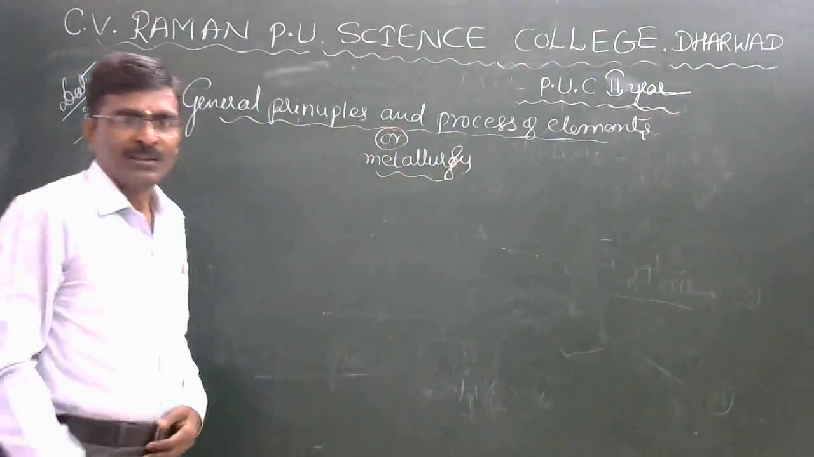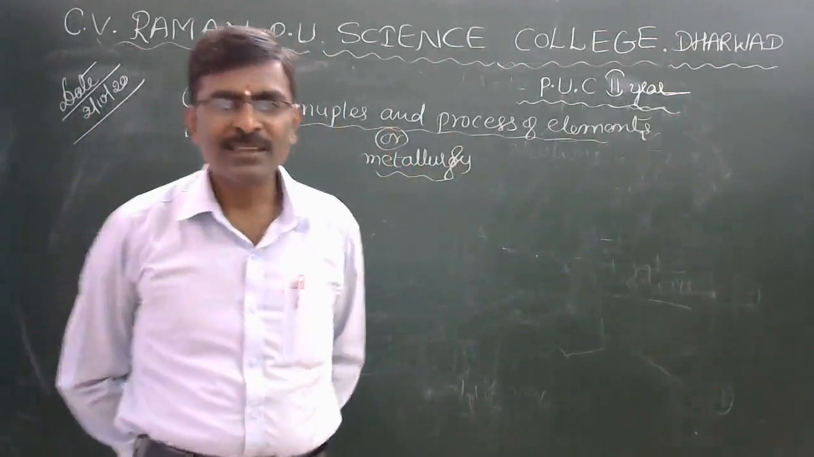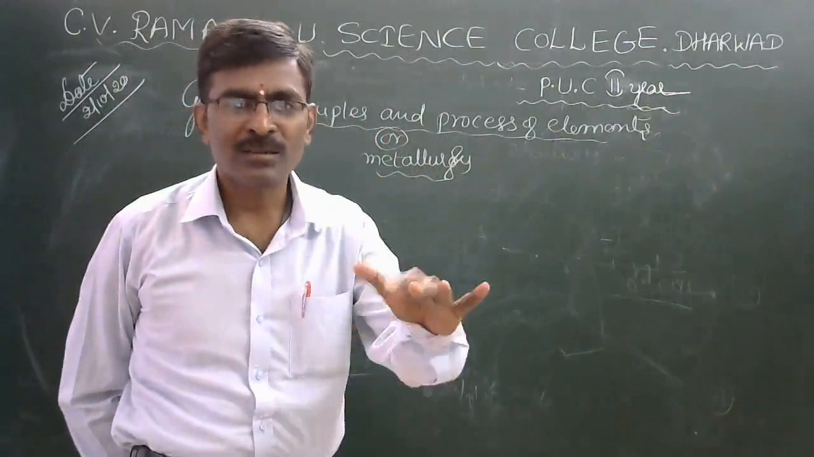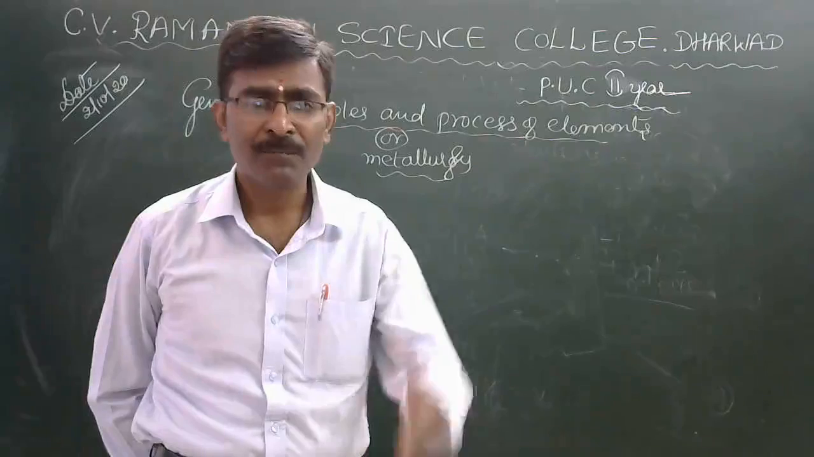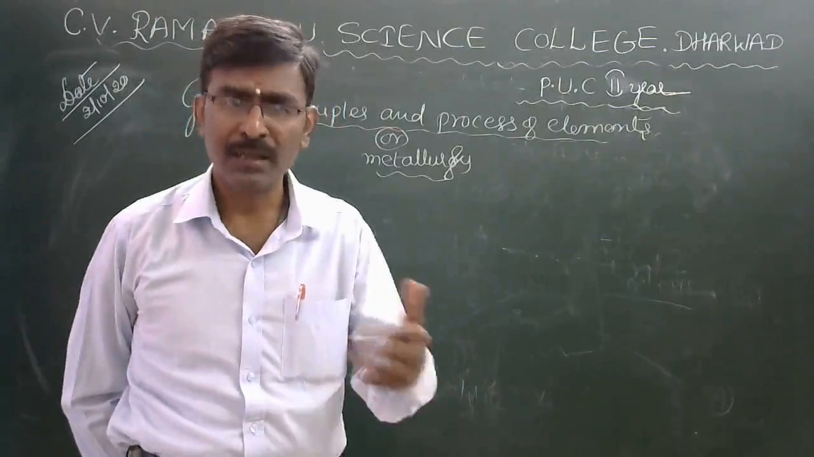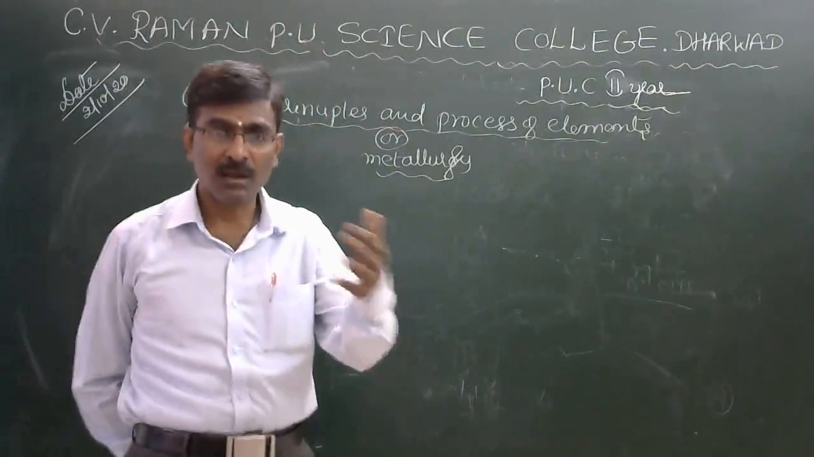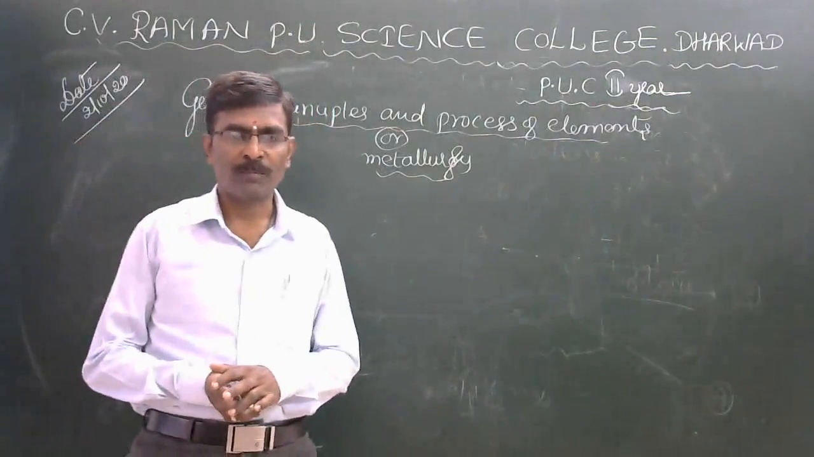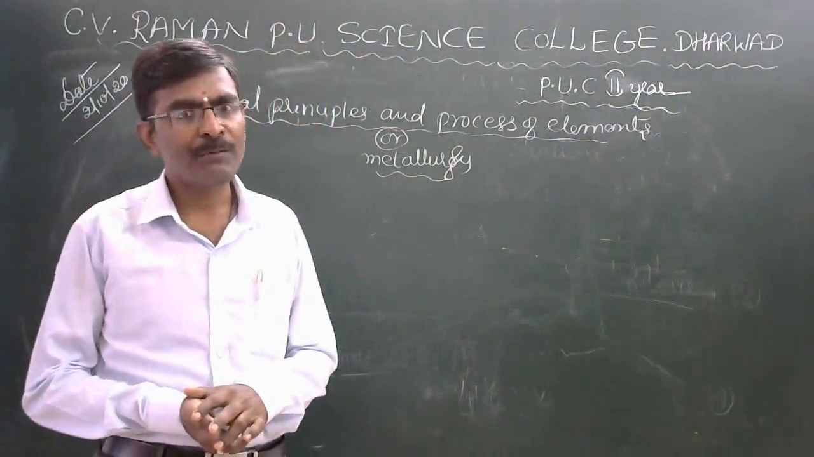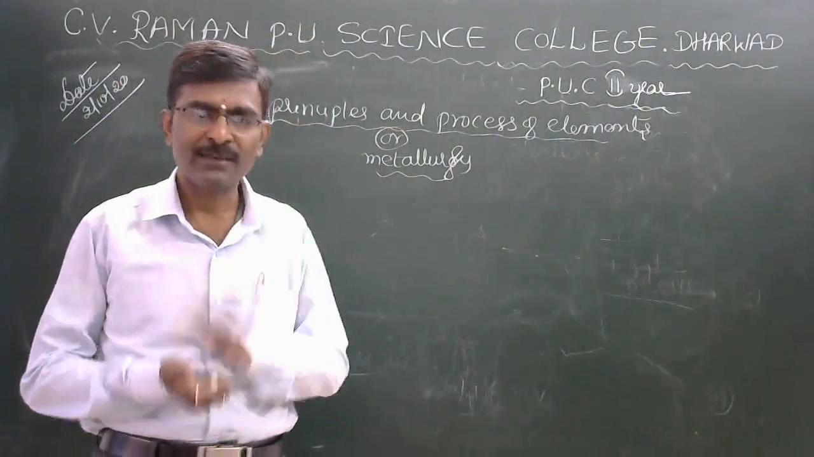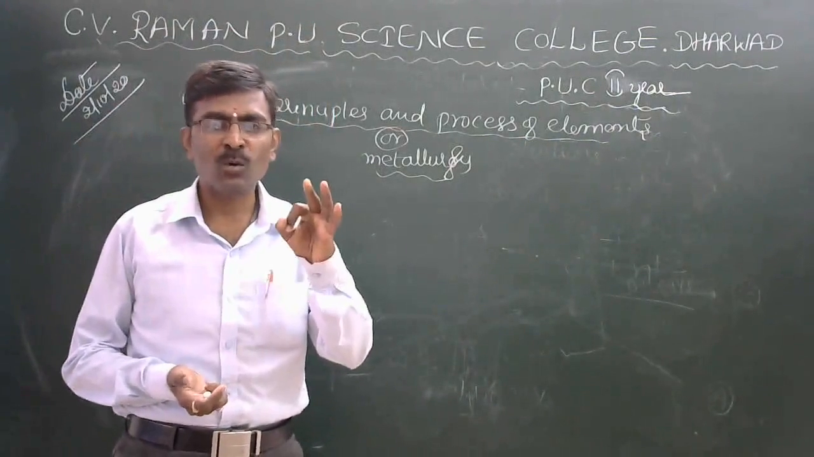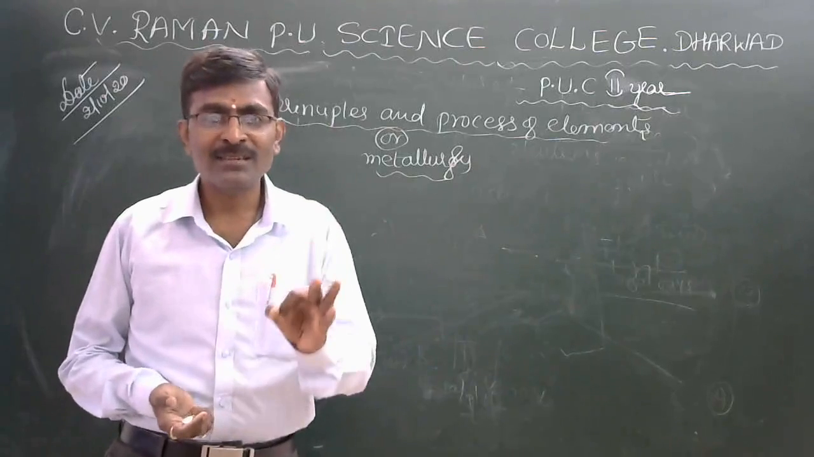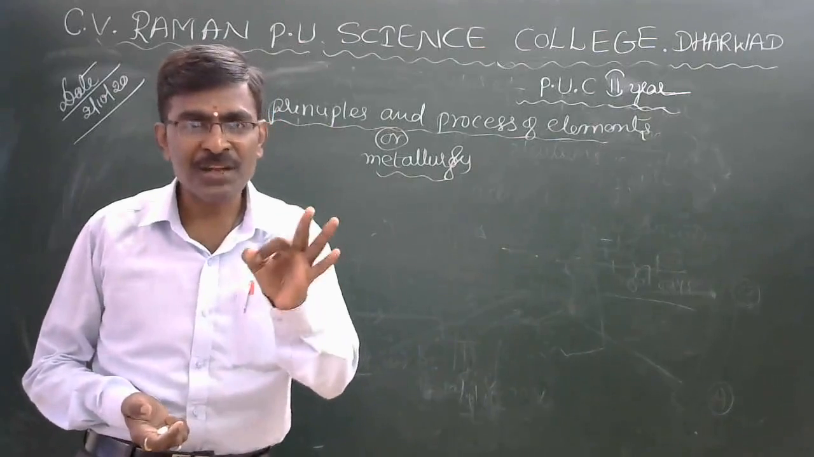Last class I was discussing the hydraulic classifier method. I discussed what is meant by ore, minerals, and matrix or gangue, and also concentrated ore. The first point was the hydraulic classifier method, and the second one is electromagnetic separation. Now I want to discuss, for examination purposes,